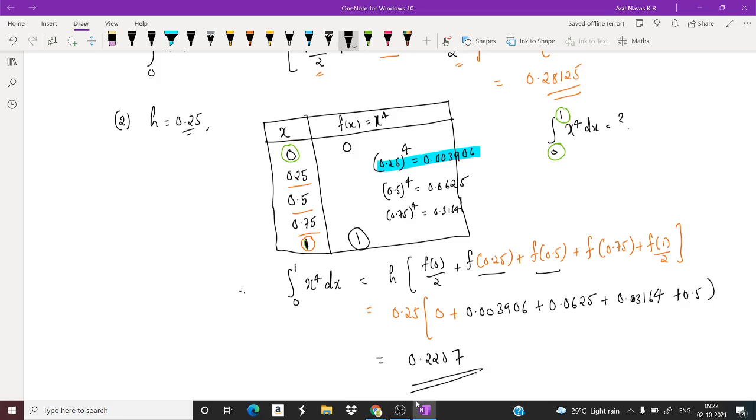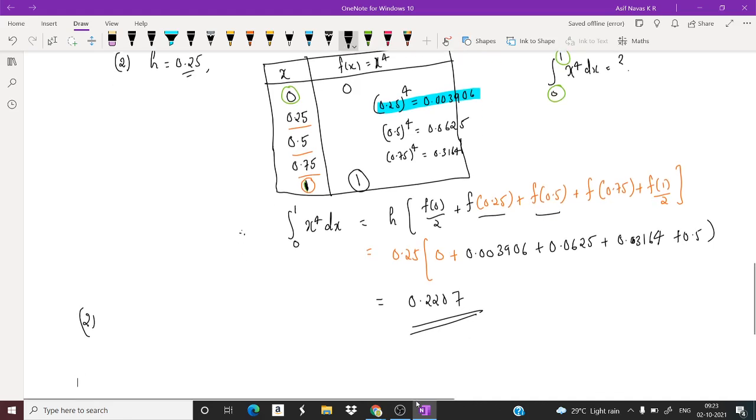So these questions are very easy to solve. Now we will do one more problem from this session, and then we will move to Simpson's Rule. The next problem is find